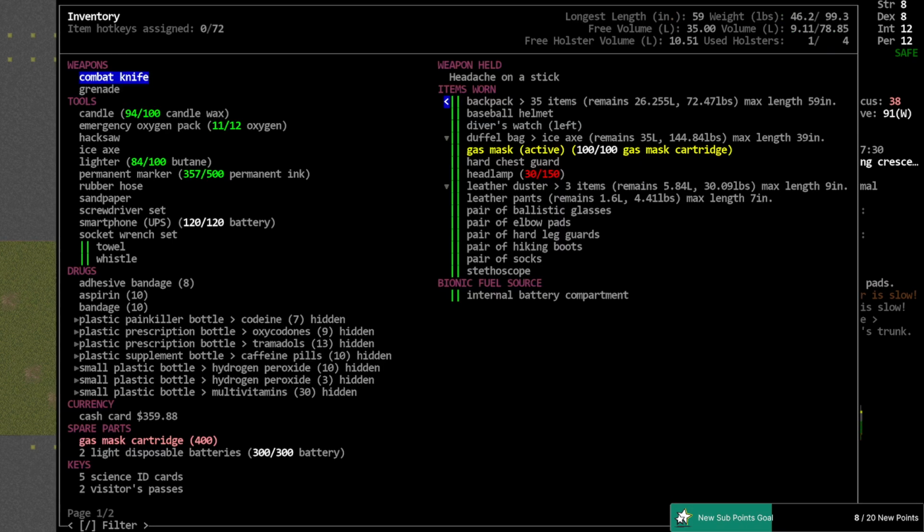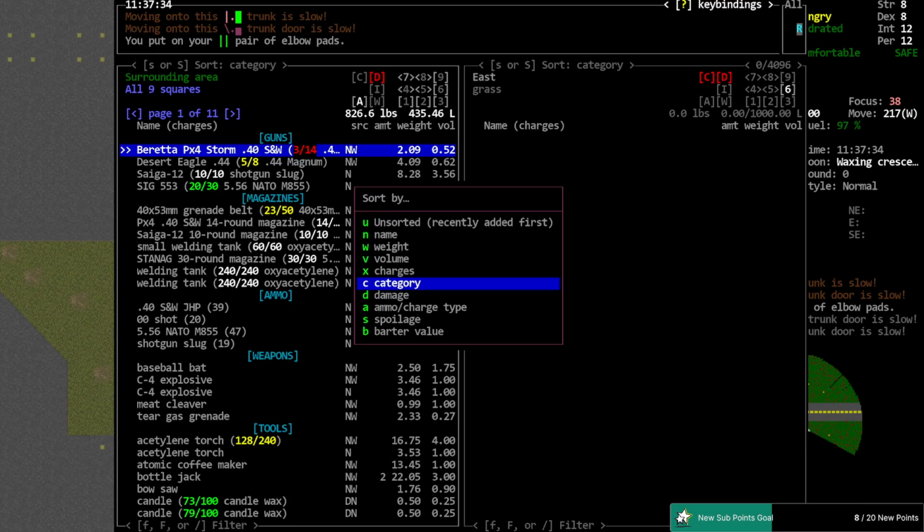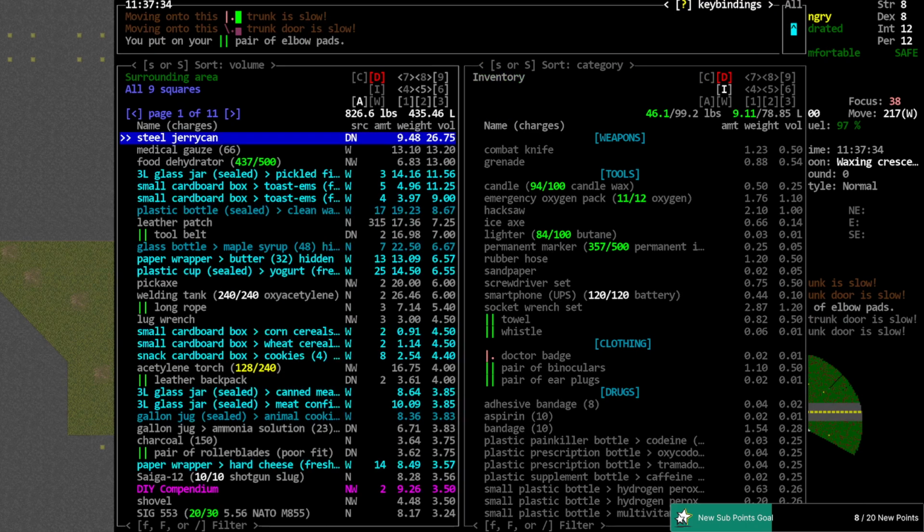Alright, get my elbow pads worn. What are we in right now? Baseball helmet. We got the duffel bag and the backpack. This I'm probably going to drop. Chest guard, leather duster, leather pants, ballistic elbow pads, leg guards, hiking boots. Alright. Sort by volume. Steel jerrycan. 13 volume, 13 liters of medical gauze. That's funny. Oh yeah, I need to do the